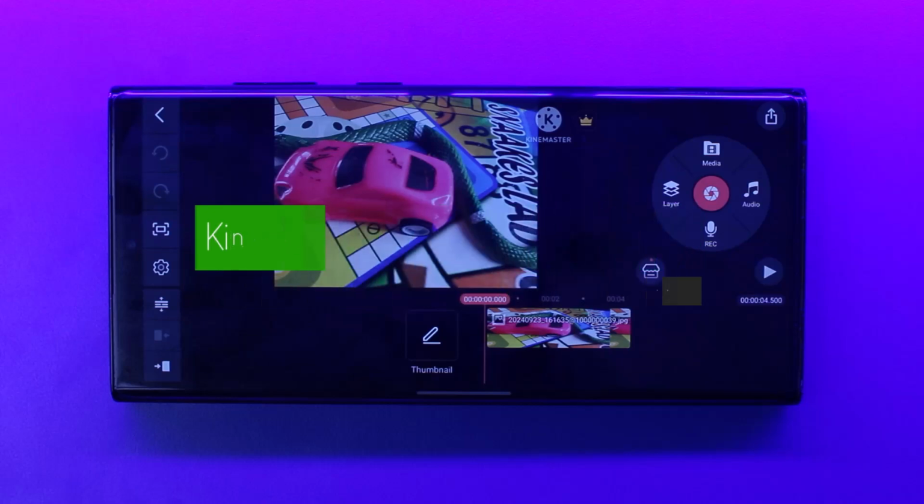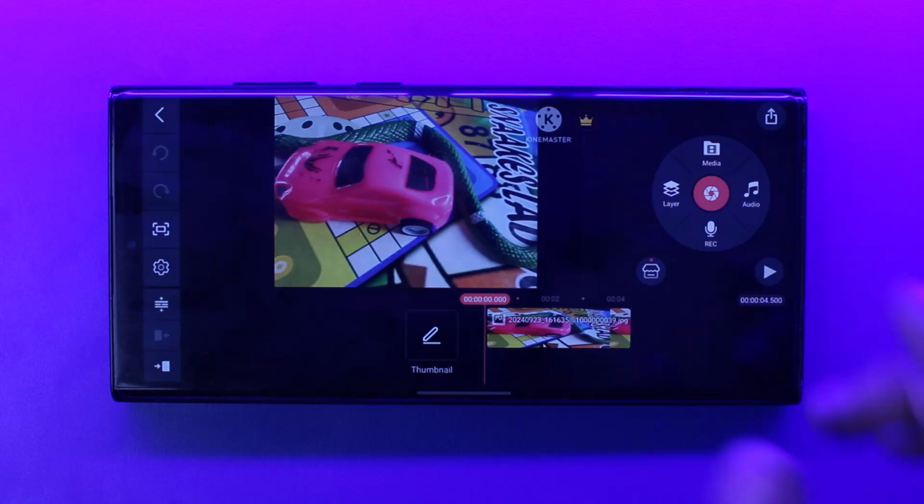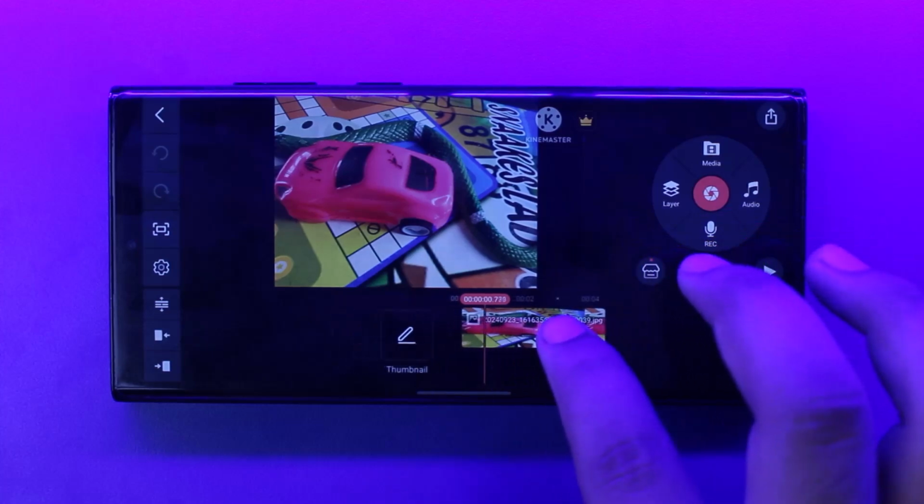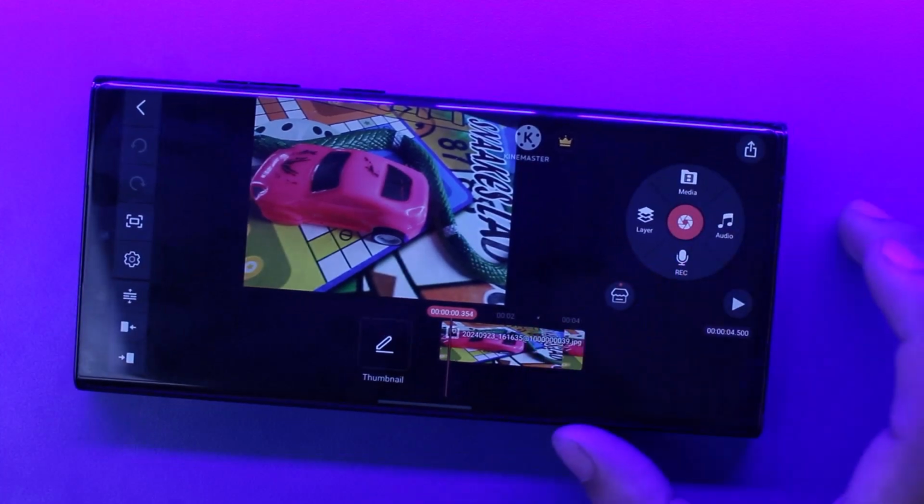This is Kinemaster, and today I'll guide you on how you can easily save the video on Kinemaster. Well, the process itself is pretty simple and easy, so let me guide you through. Now if you open up Kinemaster and you've edited a video and you have no idea how you can save it,